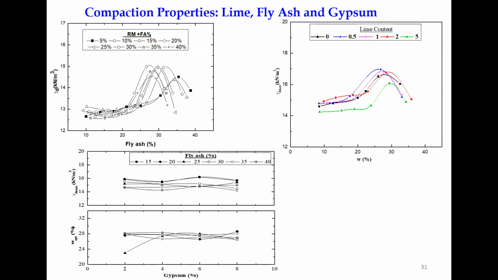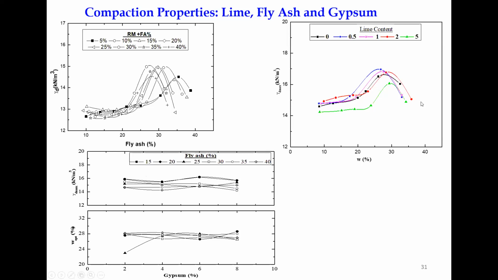So these are the results of stabilization of the red mud with different waste materials. They are mostly passive to the red mud. One thing we have concretely seen is that we expected some kind of reaction between the fly ash and the red mud, but to our surprise, we couldn't see any reaction between them. Probably you may have to introduce some kind of catalyst to make a reaction bridge between fly ash and the red mud. So these are the compaction curves of red mud, and red mud amended with fly ash